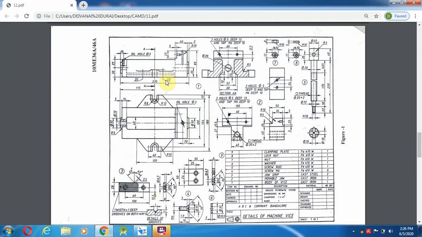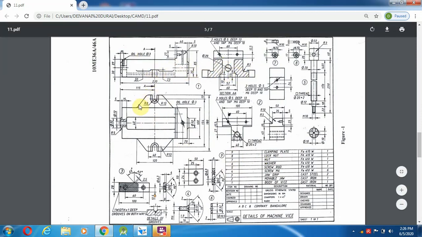In these 9 components, for the body part they have given 3 views: front view, top view and side view. With these 3 views we are going to draw this body part. With the help of the top view we couldn't draw the drawing, because in the top view the thickness varies compared to this one. Even in the side view, because only this portion comes in the middle and some more area is hollow, we could not extrude these things and adding afterwards would take time.